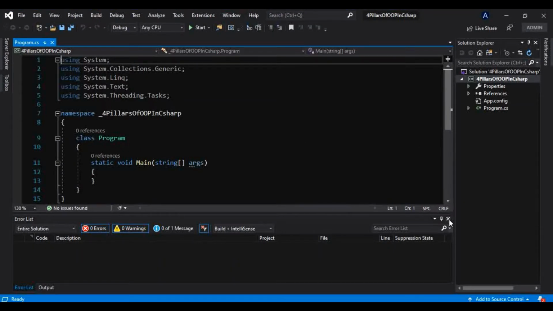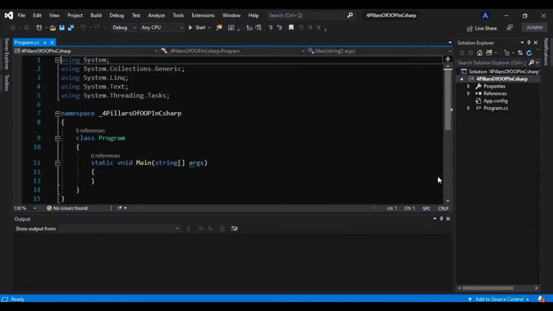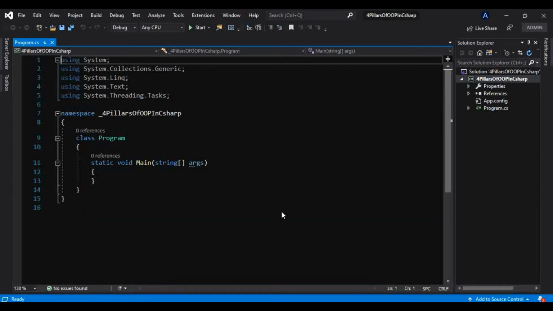So for encapsulation, we have already learned what are properties in C# in the previous video of this tutorial series itself. If you have not watched that, please watch that first in order to understand properties in C# in great detail. And if you are already aware of properties, then you will understand this better. No problem if you are well aware of that already.